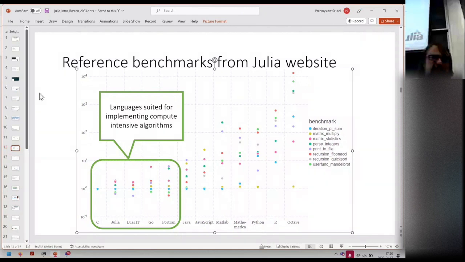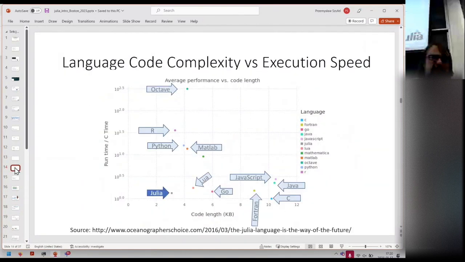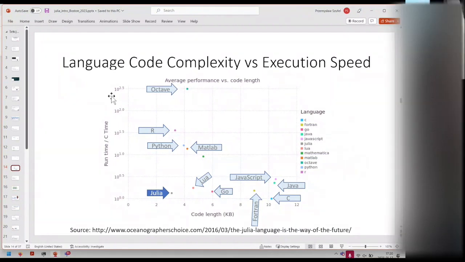So why do we have so many languages? One motivation could be this other picture, where we can have a look at how fast the language runs. On the y-axis this time we again have execution speed. Note this is log scale, not linear scale. On the x-axis we have the length of code. And up to the point that Julia was developed,